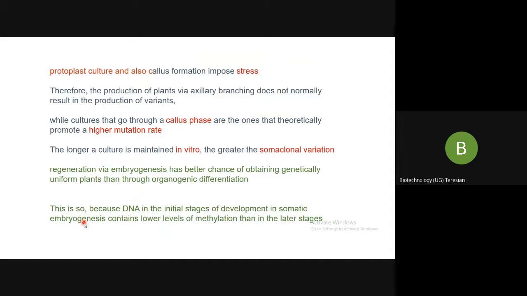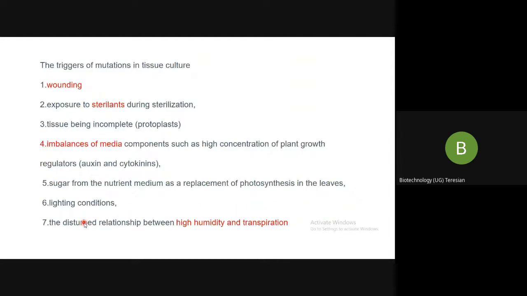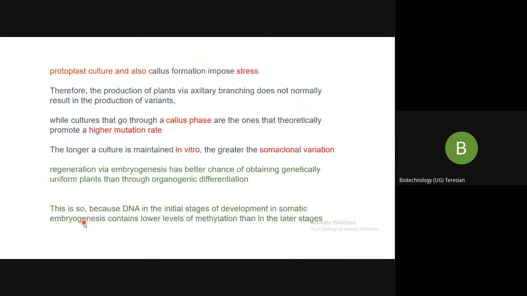Because as I explained to you, taking the young and mature leaf, you saw that the young leaf was not prone to much variation. Similarly, somatic embryogenesis also. We'll be studying that in detail. So these all conditions are leading to somaclonal variation. But at the same time, you saw that they can also be beneficial. We saw these two important experiments wherein we were able to develop a very good plant which can withstand certain unfavorable conditions.